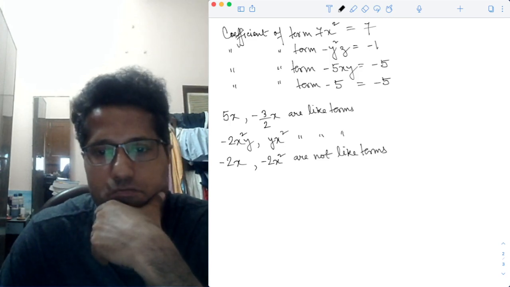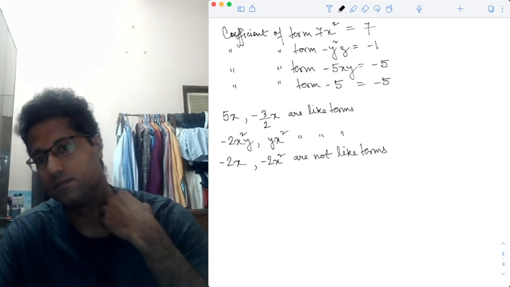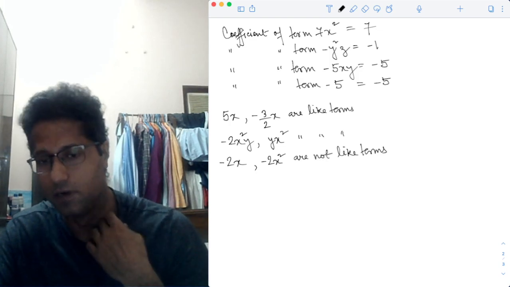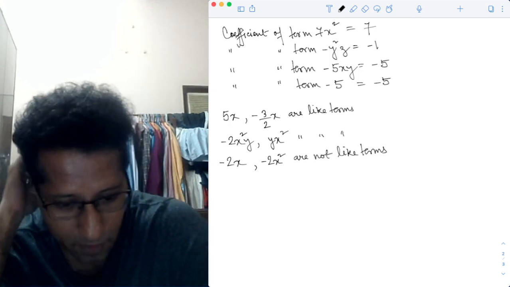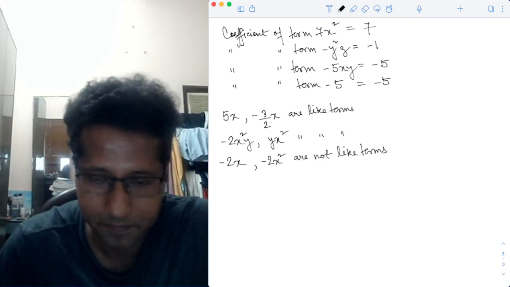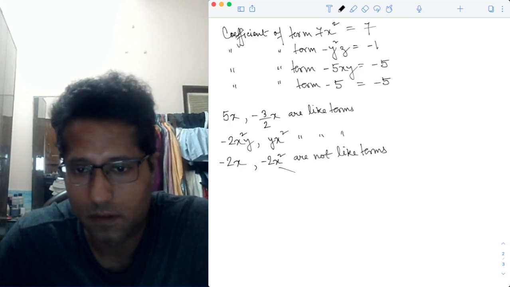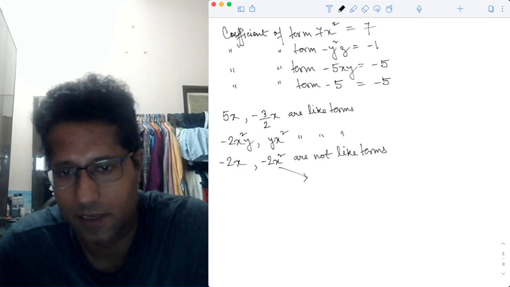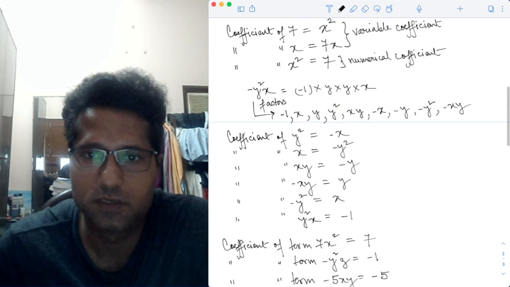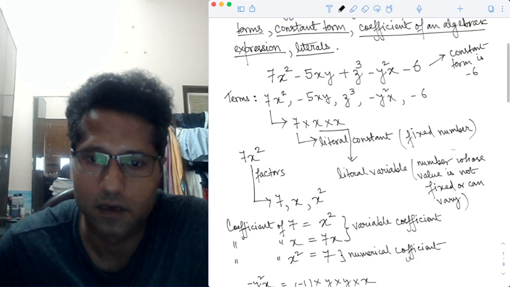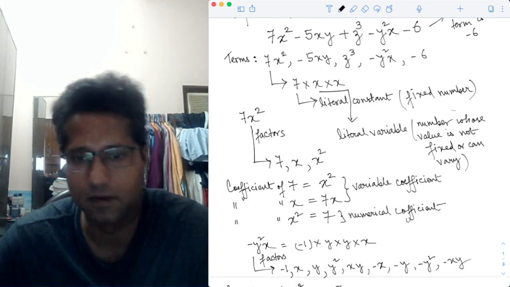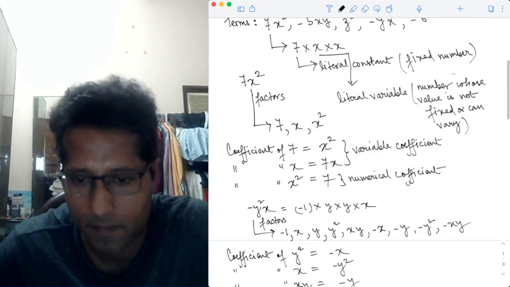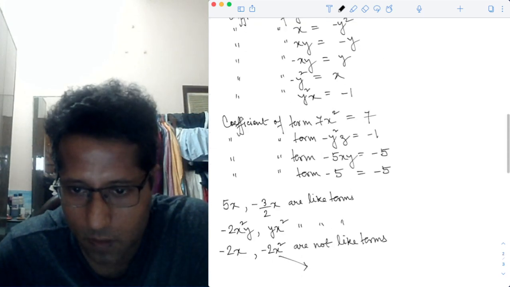If there are multiple same literal factors, you combine them into powers. As per the definition of factors, if you see 7x square, I said the factors are 7x and x square. That is true, but